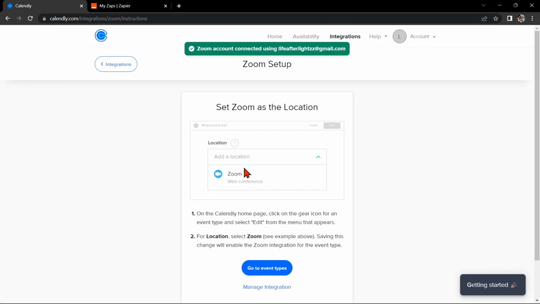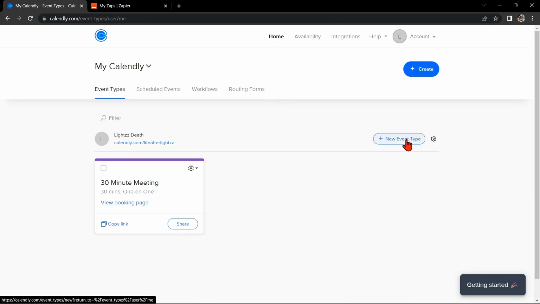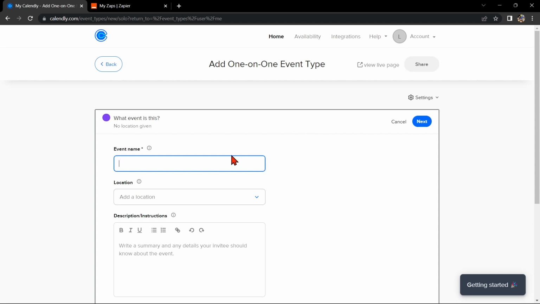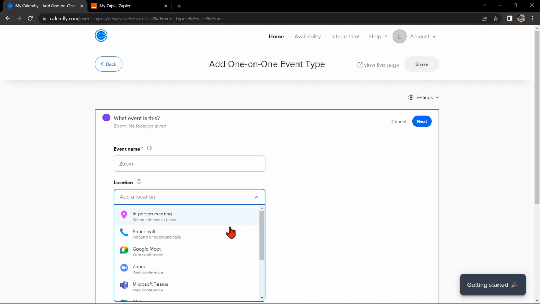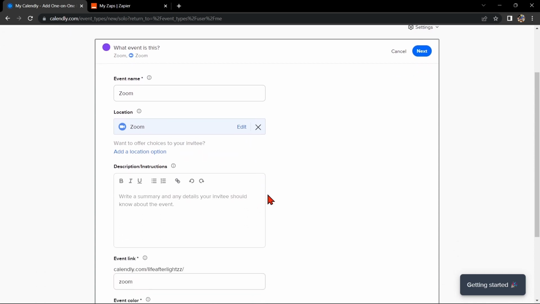After that, you can create a new event in Calendly. Go to your home page and click on this button to create a new event. Choose your desired event type, then here, enter the event name and after that, select the Zoom integration as the location for this meeting. This will automatically generate a unique Zoom meeting link for each event, which you can share